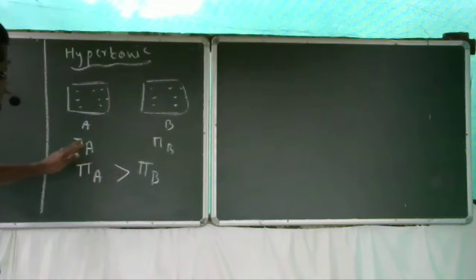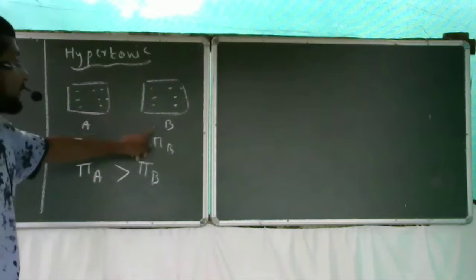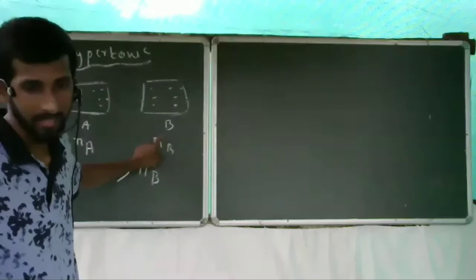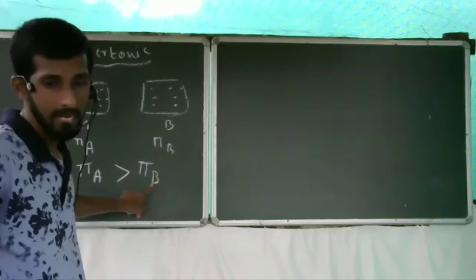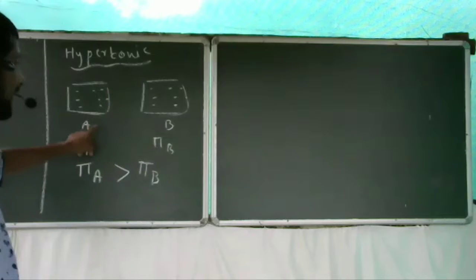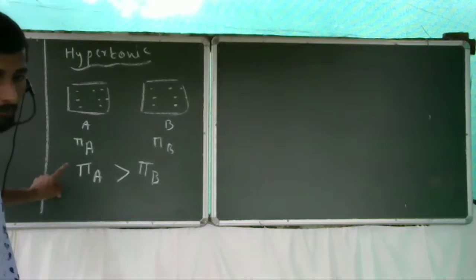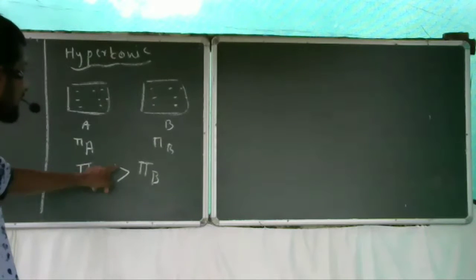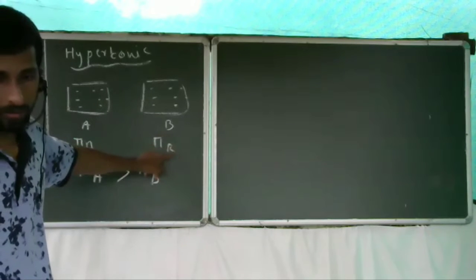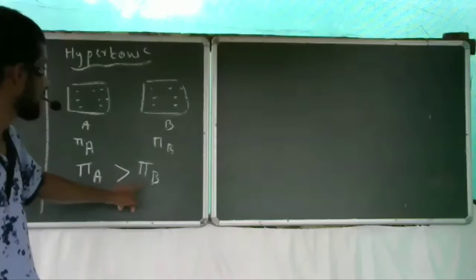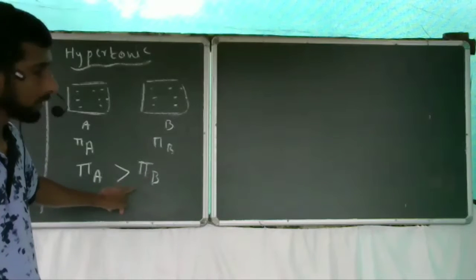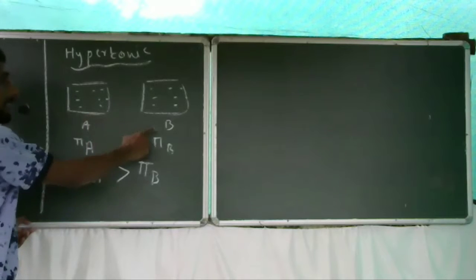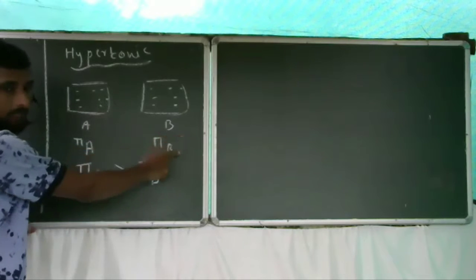We can reverse this one, but simply imagine here the given solution is B. It has one osmotic pressure, pi B. Then you are taking one new solution A, its osmotic pressure is pi A. Then we can observe the osmotic pressure of the solution is greater than that of the given solution. So pi A is greater than pi B. So we can say the osmotic pressure of solution A is greater than that of B.